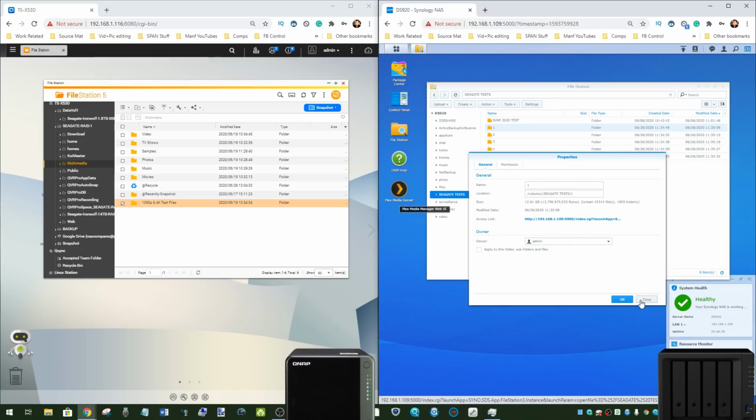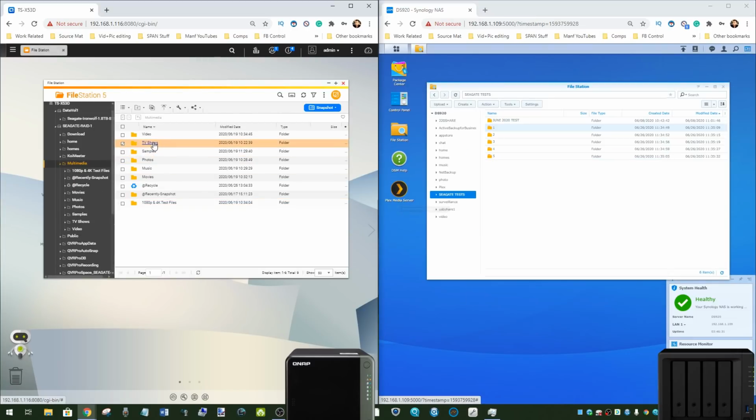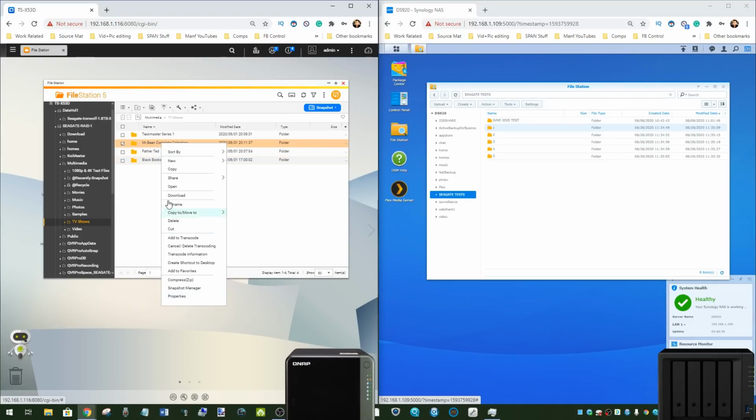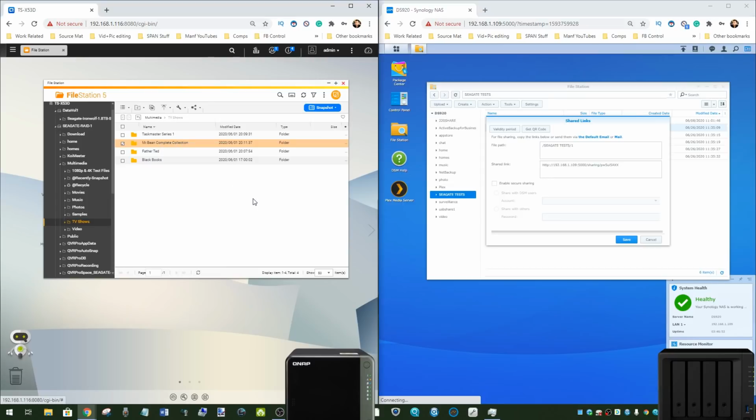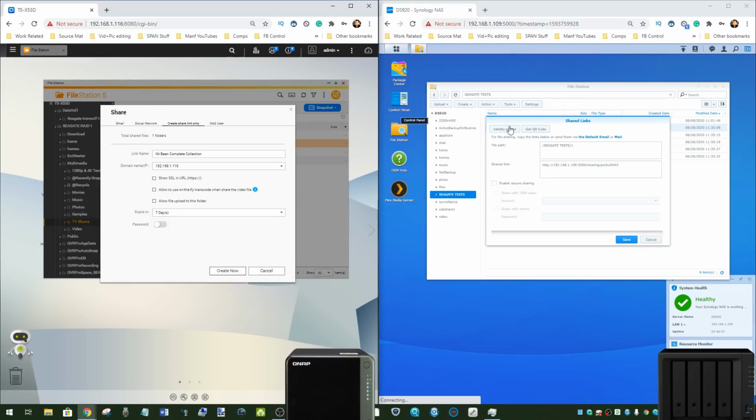We can share files pretty easily as well if we wanted to share an individual file or folder. So we want to share this Mr. Bean collection. We can go to share via an email link, share to another NAS user, share to a social network, Facebook, Twitter, etc., or email a link to a user. If we go onto the Synology platform, we can go to share. And again, from here, we can set lots of options. If we go create share link and compare how the two of them create a share link, we can see